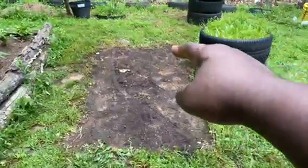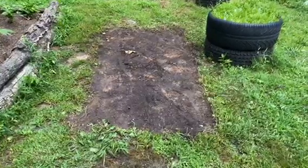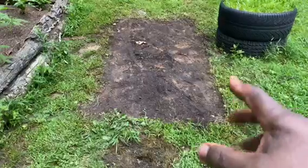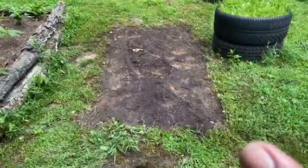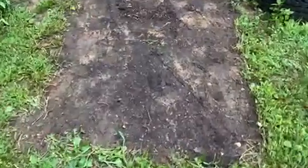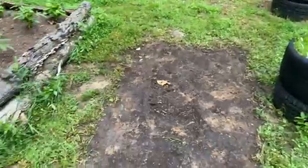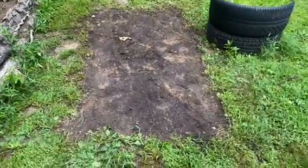This is the spot where I'm going to put my new raised bed. There was a raised bed here made of trees, but it is so low to the ground. And I don't know if you can see, look at worms coming out of the ground because I removed the soil here. I transferred the soil somewhere else into some tires